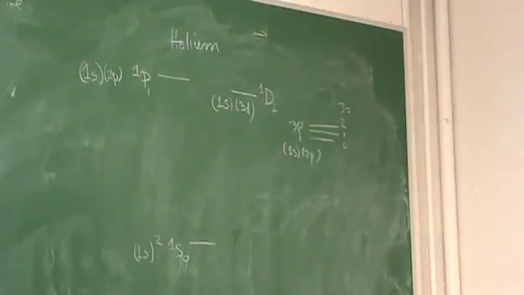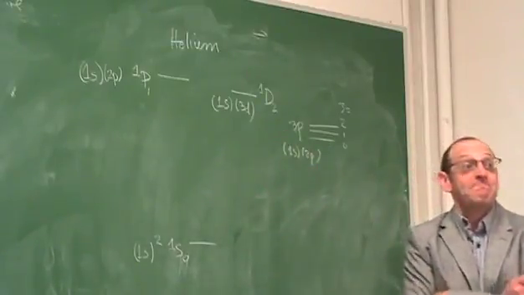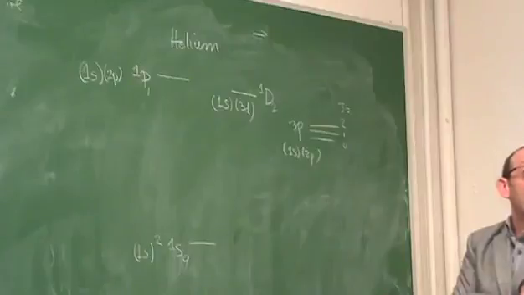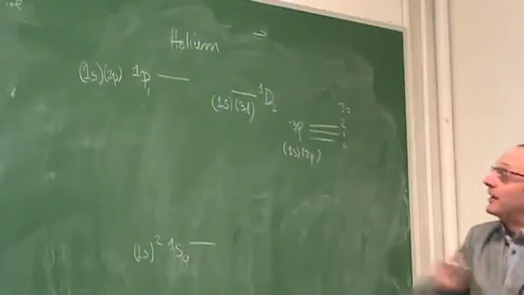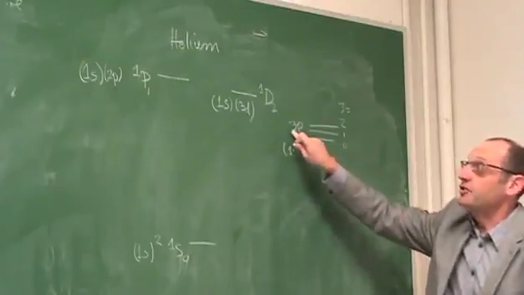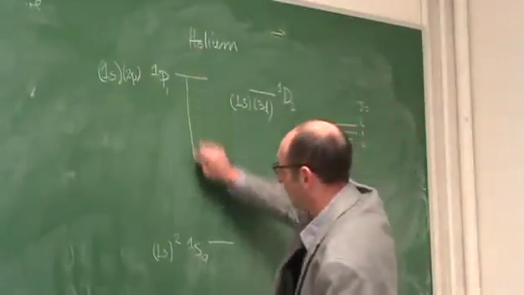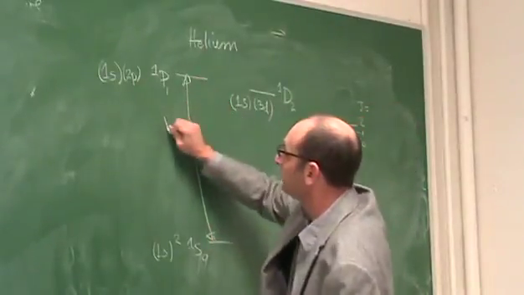So, which of these transitions is electric dipole allowed? Well, we have to have delta L equals 1, so it can either be this or this. However, this is triplet, and this is singlet. Delta S has to be 0. So the strong transition here is this one. This one is pure E1.